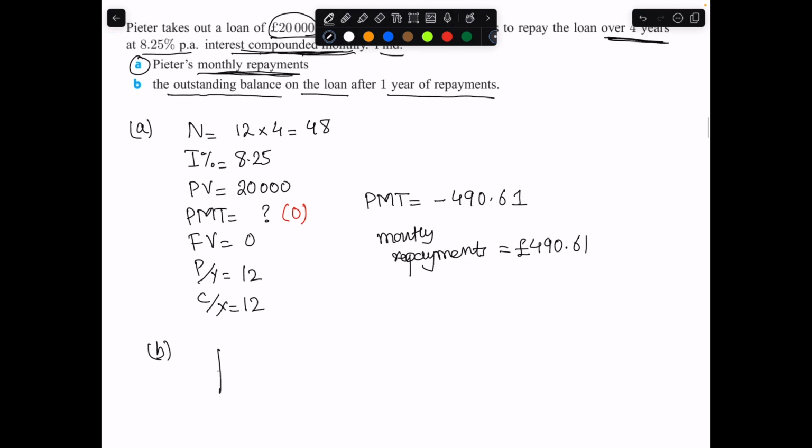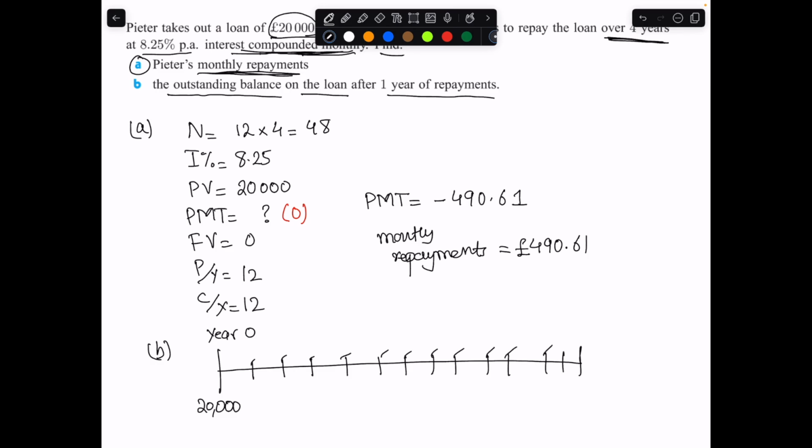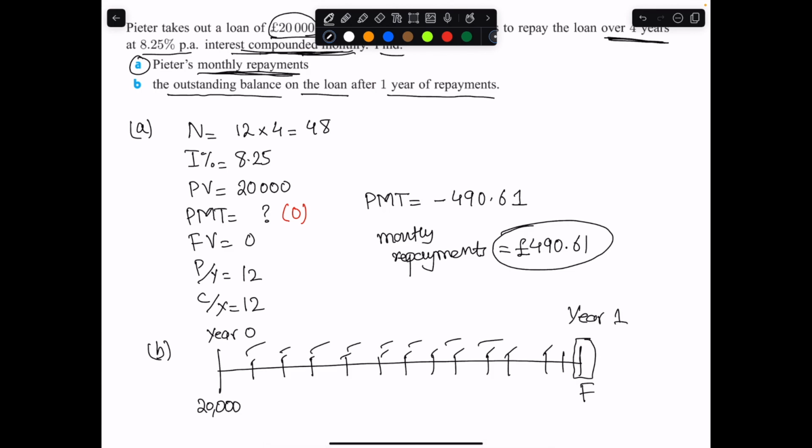Now, for instance, this is our timeline, and this is my year 0, and I know that Peter borrowed $20,000 at year 0. He has been paying equal monthly repayments, 12 monthly repayments, let's say 1, 2, 3, 4, 5, 6, 7, 8, 9, 10, 11, another 12, and each repayment we know was for $490.61 every month. Peter is paying. Now he wants to find that after year 1, what is going to be the future value of my loan,